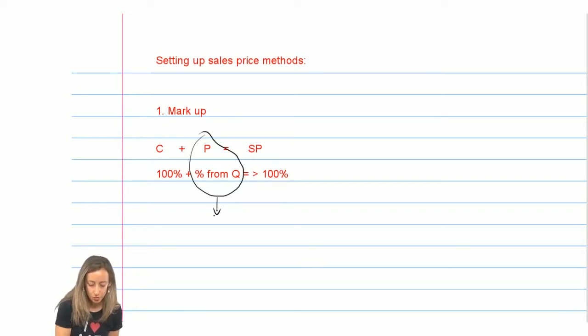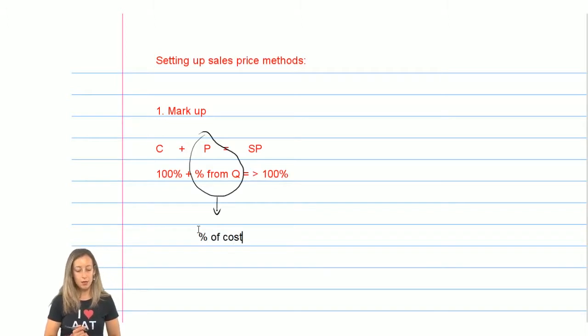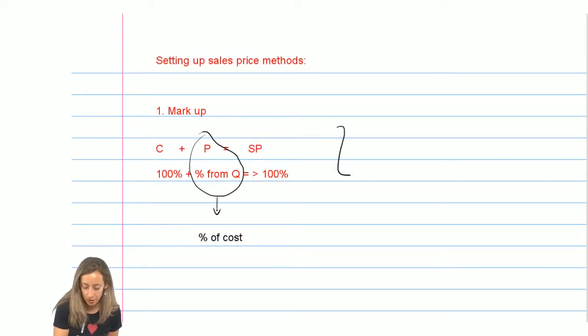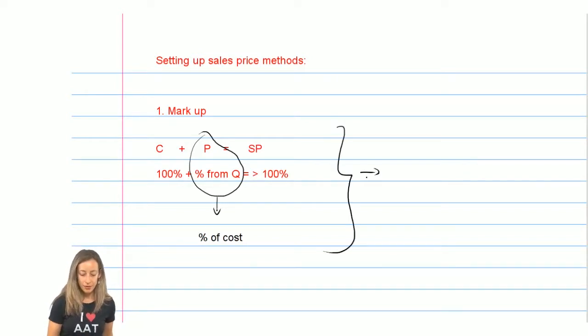Okay, percentage of the cost. And that means, of course, if we want to transform this equation using markup, what we can say to calculate the selling price is the following. Let's do it, come on. So what we're going to do here is say cost plus profit equals selling price, basic idea,